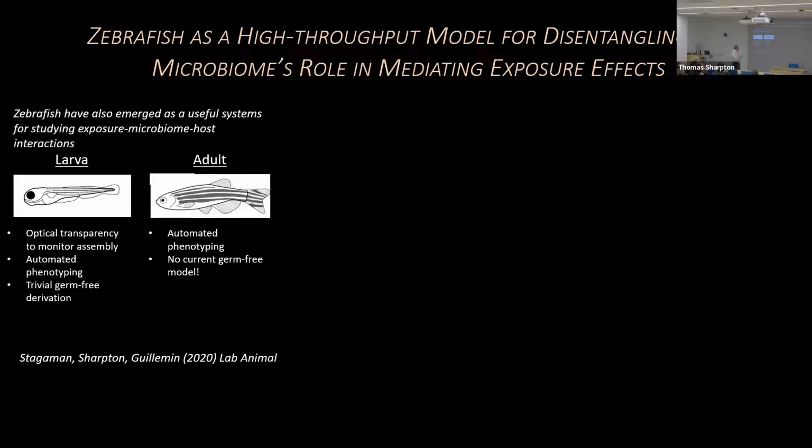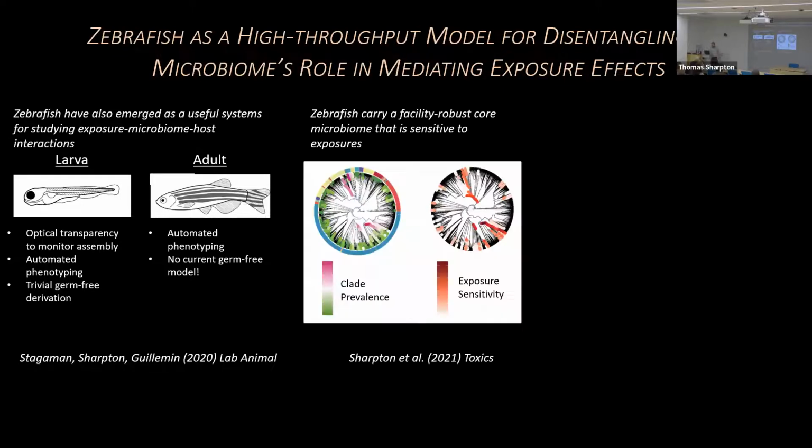But only for larval fish. We can't get them to grow into adulthood germ-free. They don't survive. They develop a massive intestinal colitis. That's a whole other conversation that we can have. But we also have a lot of automated phenotyping tools, and you're going to learn about one today, right? And we've been doing a lot of work in zebrafish to build it out in collaboration with others in the field, particularly Karen Gilliman, Tamara Tall, John Rawls, and others, to really develop it as a useful foundational research system